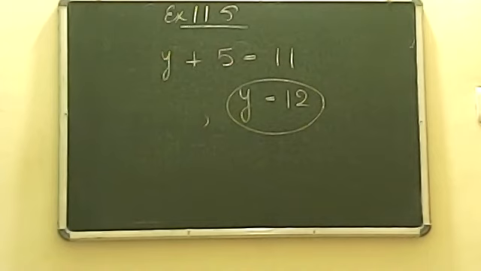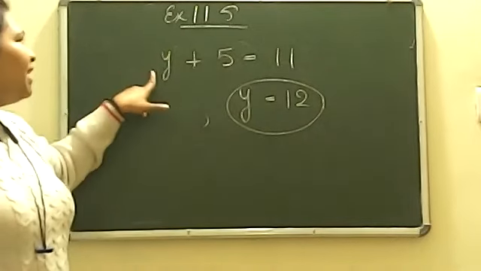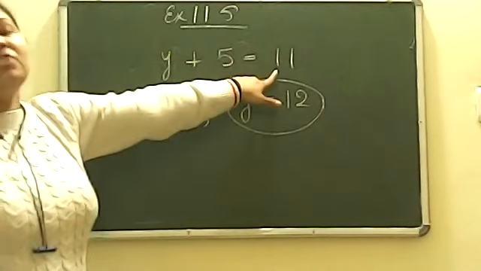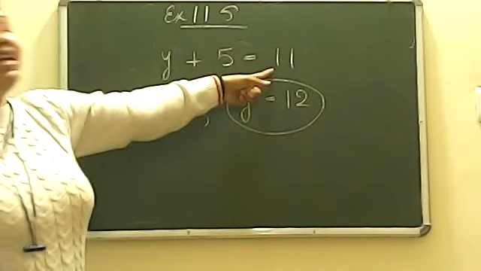No. Okay. Now give me the reason why. Why will it not satisfy? Tell me the answer faster. Okay, I got your answer. It will not satisfy, but I want to know why. Yes, correct answer, because when you put 12 in place of y, 12 plus 5 will give you 17, not 11. Okay, it will give you 17, not 11, but I want the answer 11.